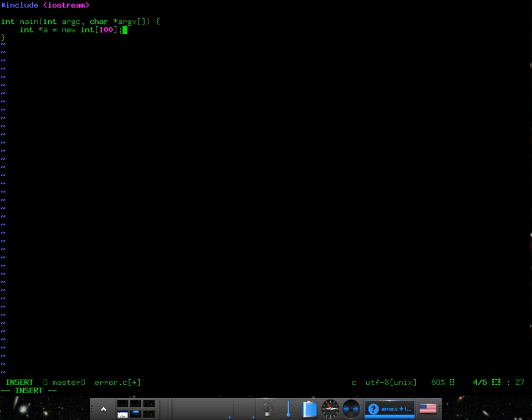Did y'all ever write this? You ever call new in object-oriented programming, but did you ever do it in C++? No. Okay. It means something a little different, although very similar. In OOP, when you did this, it was actually creating